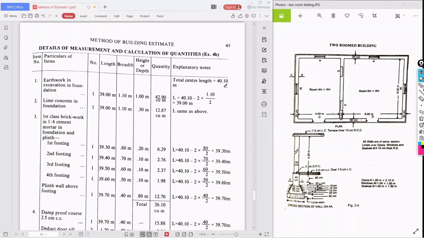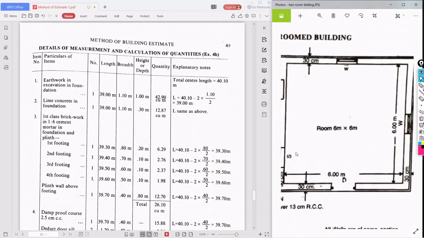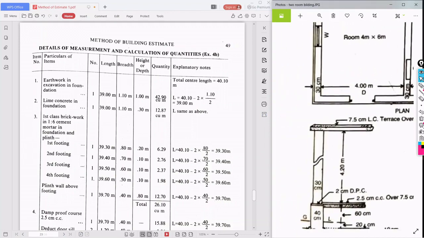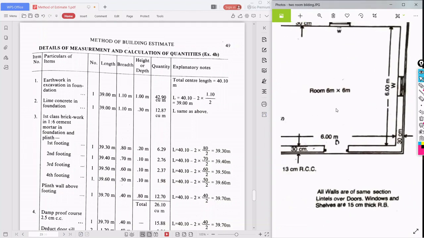So what is the earthwork in excavation? That is 42.90. Next, lime concrete in foundation is 12.87.